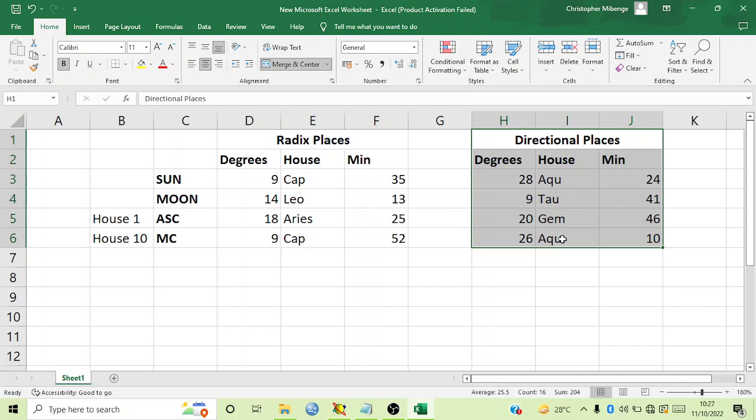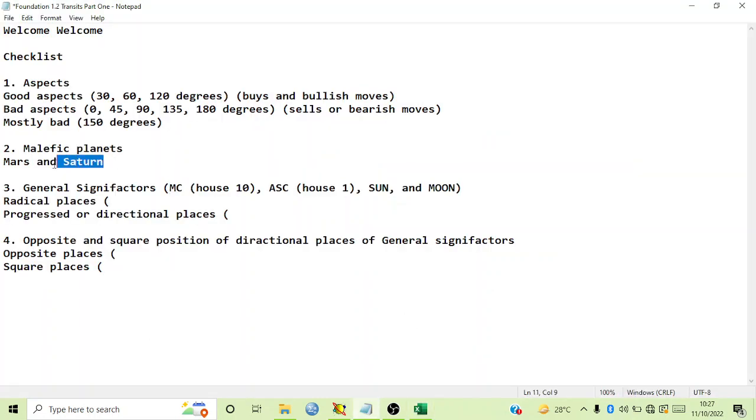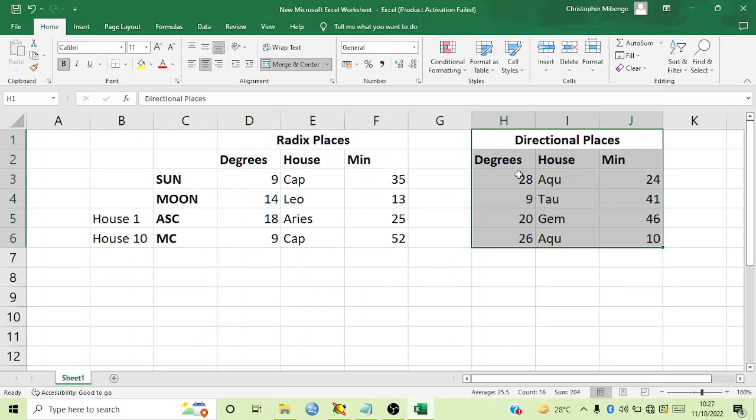Having seen the transits of these two, if these two are on the opposite and square positions to these positions, they will still cause great depressions. However, just them being seated there doesn't necessarily mean that the markets will have to be down because of the planets being bad. What we said is that their aspects are going to be the ones that determine whether the market is going to buy or not.